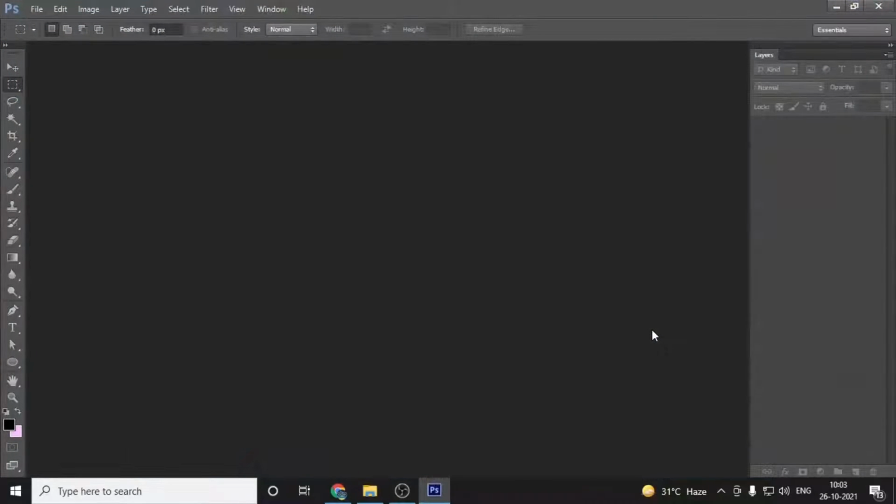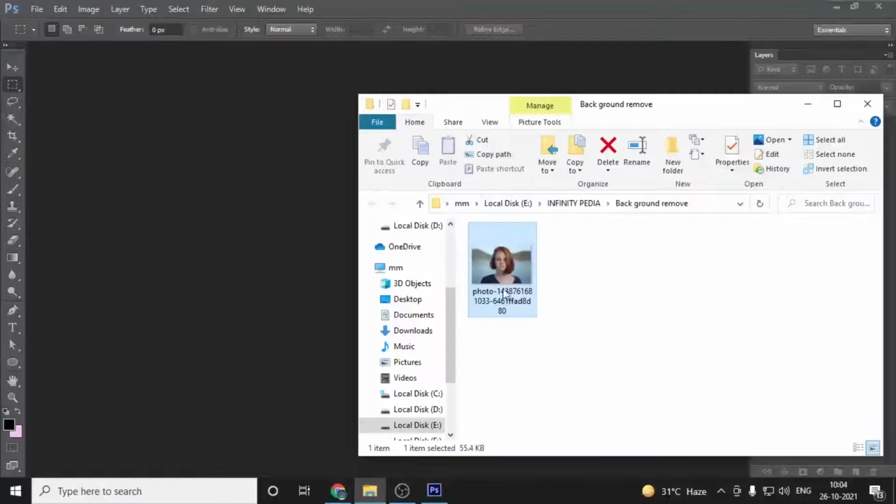This is Photoshop CS6. I will recommend you to use this version. Why? Because this is a very handy version. If you are doing many heavy works in graphic design or motion graphics, then you can use a newer version. But I think Photoshop CS6 is enough for you. It gives you very advanced and modern tools, and that's enough. So let's take the image.